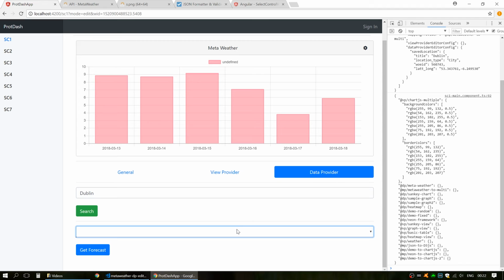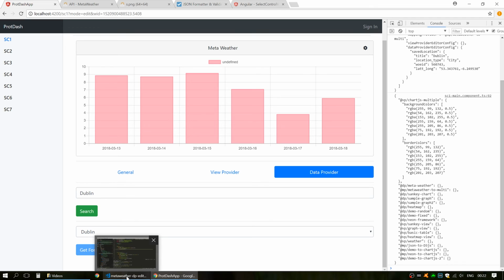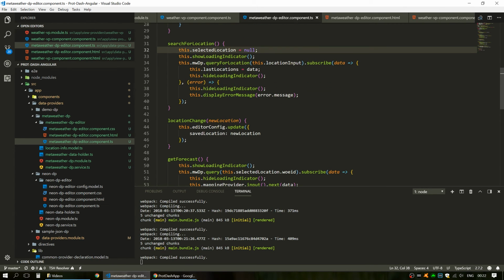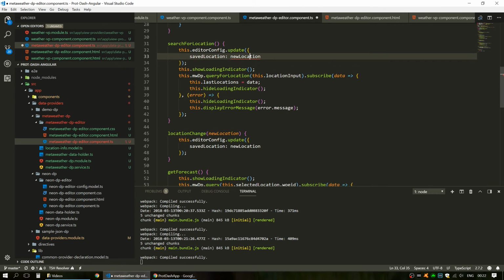Now, the only drawback, as you can see here, is that it's not being populated here because we have this two-step process where we search first and then it populates and then we select, then we get the forecast. Now, one thing you probably noticed is that this button is disabled, and the reason for that is because of the way we update the stuff. You see, what has changed is that we can't really set selected to null here as we used to do it. What we have to do is any modification to any of the properties has to be done